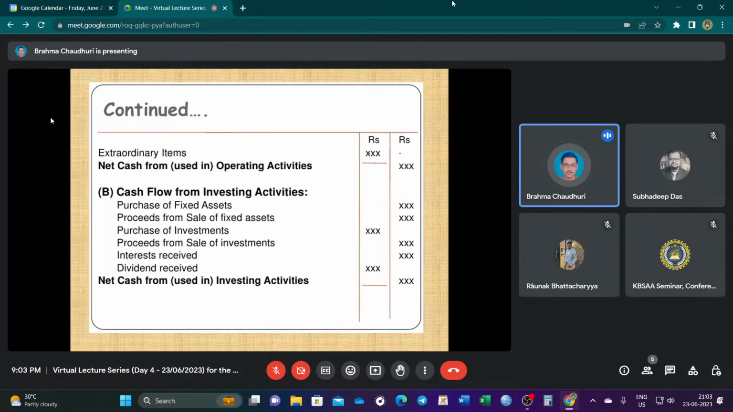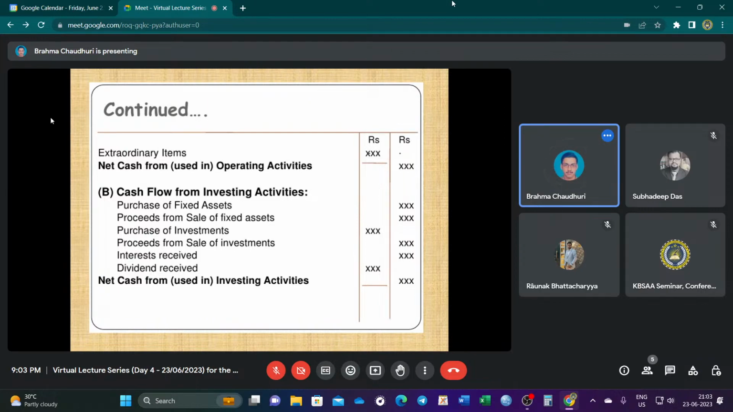Next, cash flow from investing activities. While preparing this particular second aspect of this cash flow statement, we will have to be very careful, because generally cash flow from investing activities result in a negative figure, because our investment into the business, what we are investing into the business, that is the cash outflow. Whenever we are investing into the business, there is going to be certain cash outflow. Cash outflow generally exceeds the cash inflow, and as a result, the cash flow from investing activities is generally a